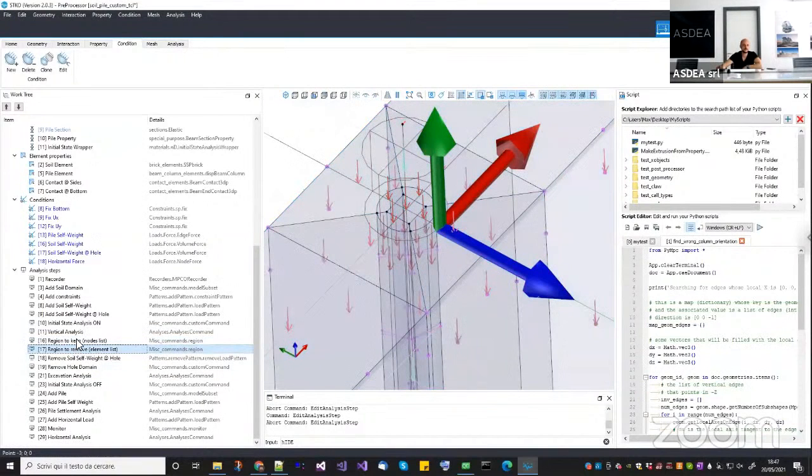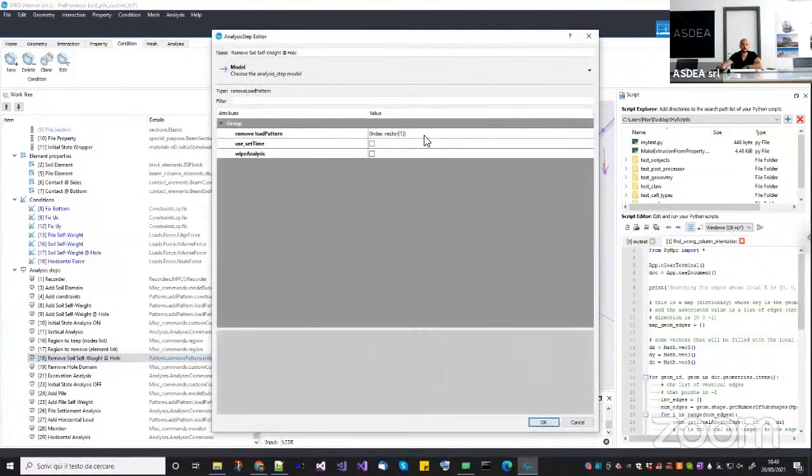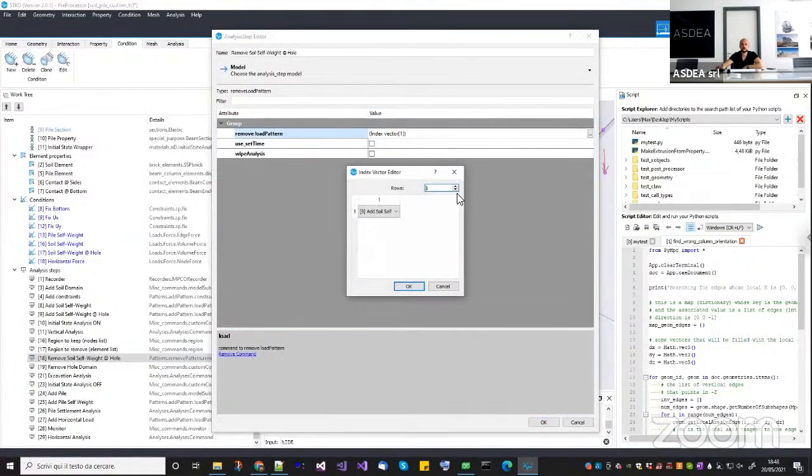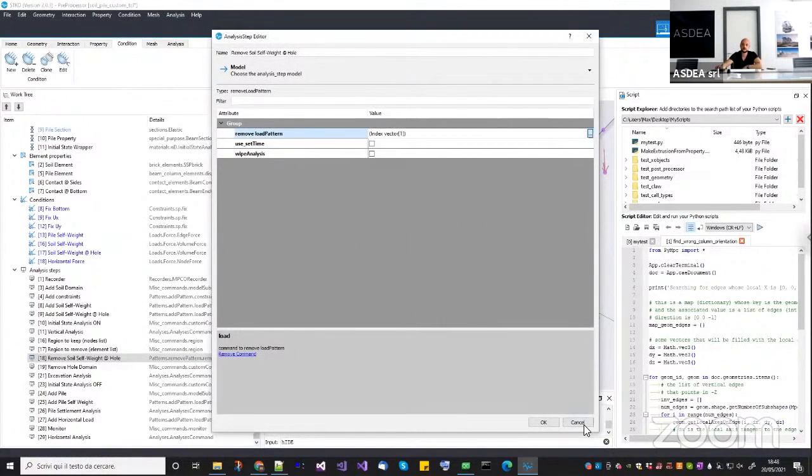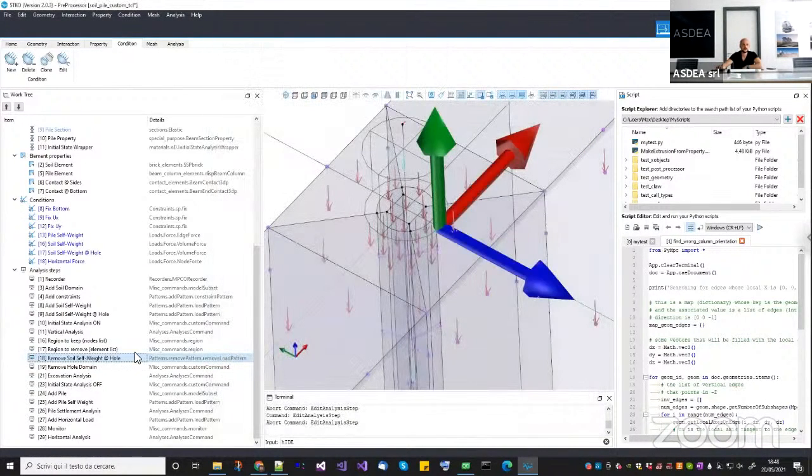Perfect. So once I have these two regions here, I can create, well, actually first I need to remove the load pattern, because as I said, if I don't do this, you will have a crash. So you can simply remove a load pattern using the model, remove load pattern, and you have to select here what is the load pattern that you want to remove. And of course, I want to remove the self weight from the hole. Okay, so before removing the elements, remove the loads on those elements,